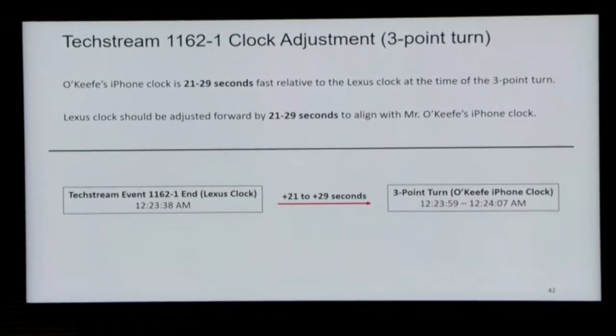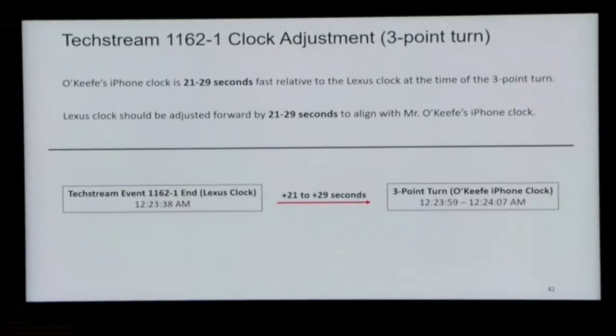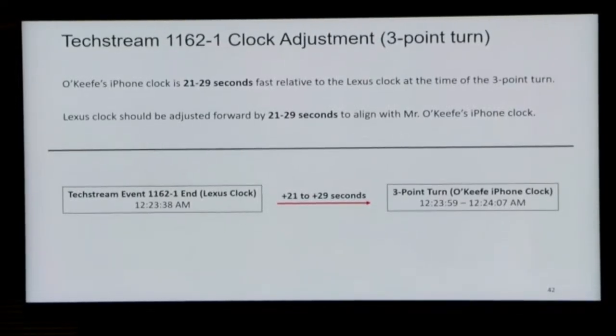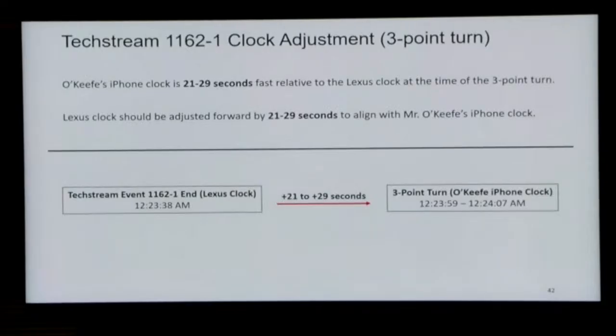So we would need to adjust the Lexus clock forward by 21 to 29 seconds to synchronize it with the iPhone data. In doing that, the end of text stream event 1162.1 goes from 12:23:38 to between 12:23:59 and 12:24:07.